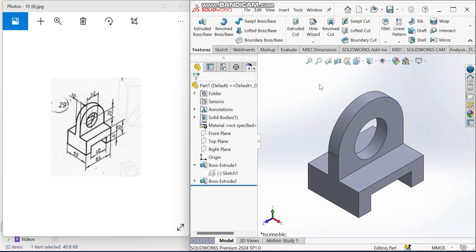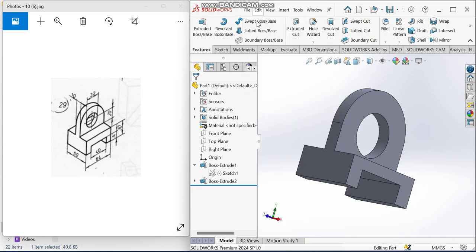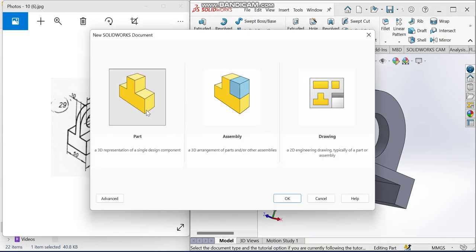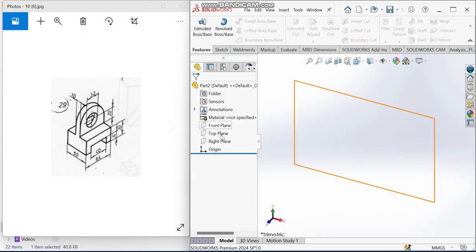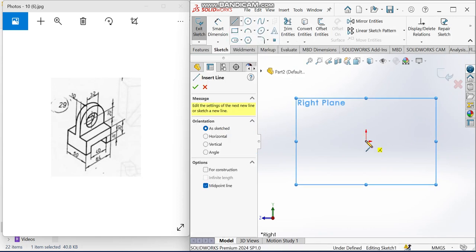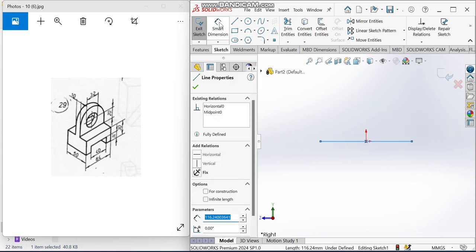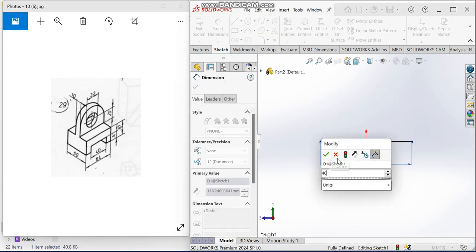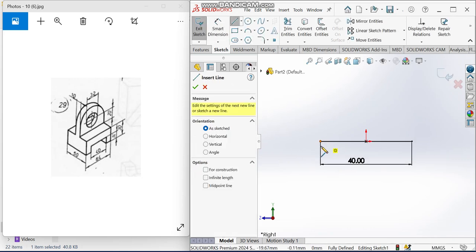On this tutorial, we're guiding you how to model this simple 3D block. So let's get started. Now let's work with the right plane. So with a normal line,